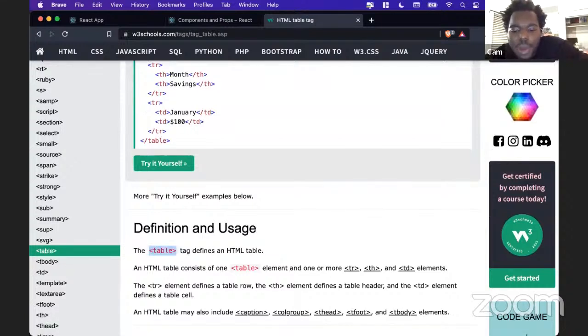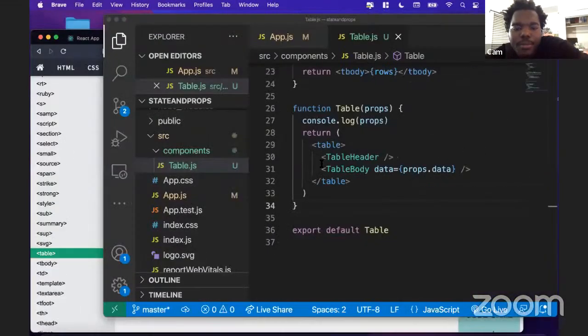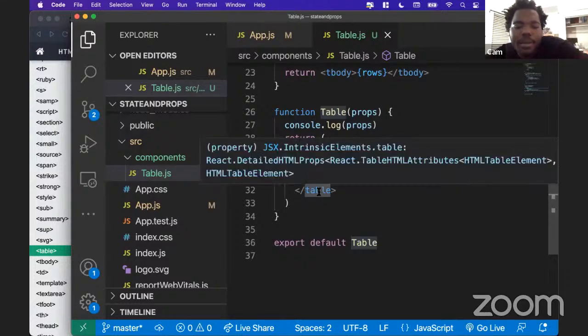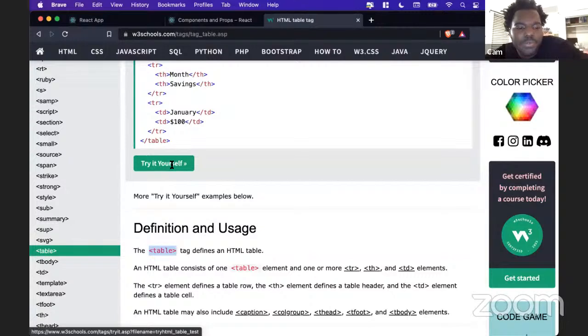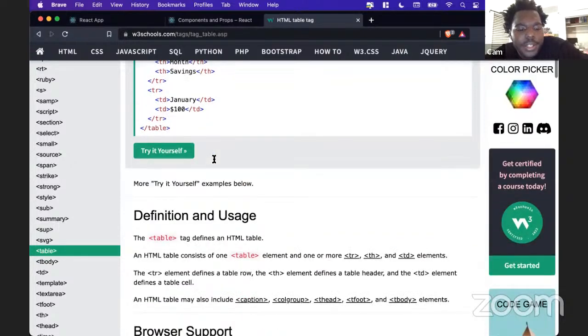So remember, that's why it was important for us to make this component with a capital T, because the lowercase t already refers to a JSX element that is built to function like this HTML table element. Tables have three types of data that come inside of it: the row, the data, and then a couple of different container elements, like the header, the body, and the footer that you can use